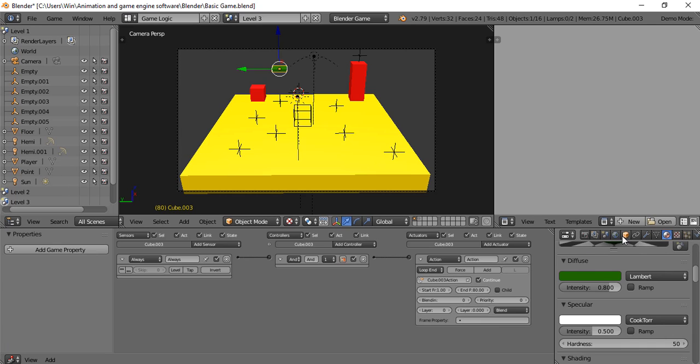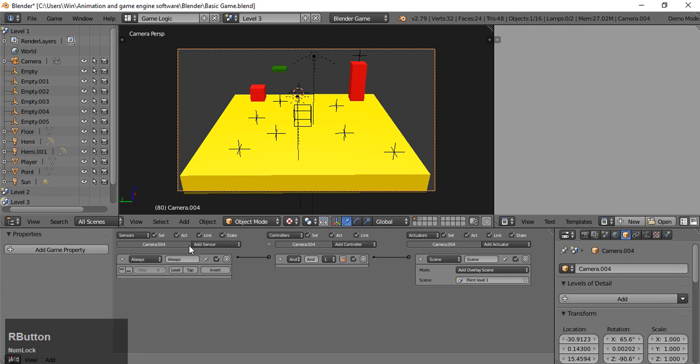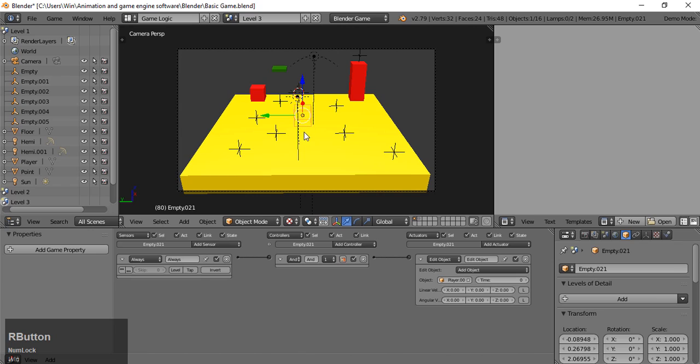Now we need to change the types of empty. We select empty, and